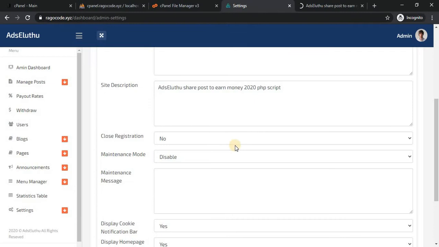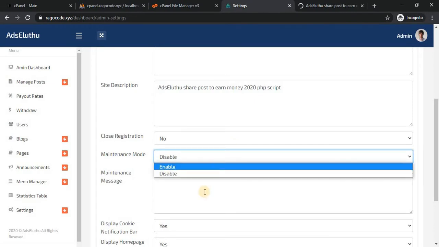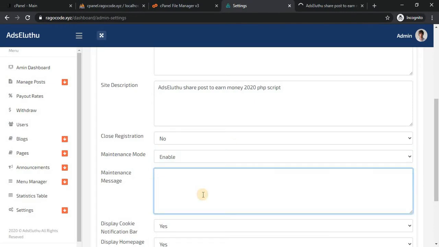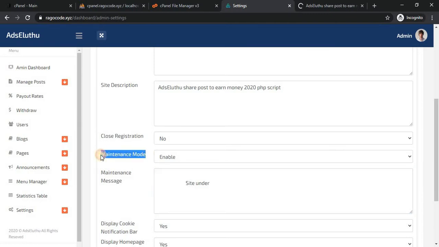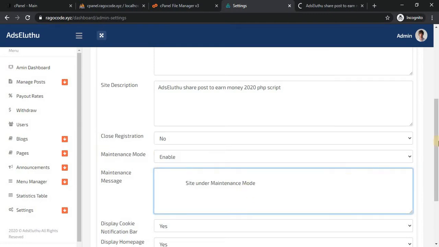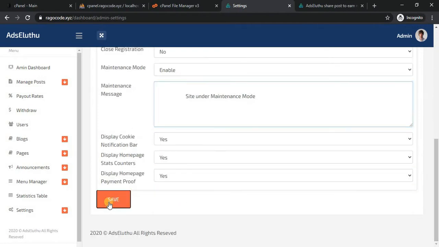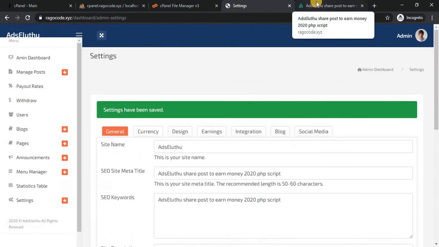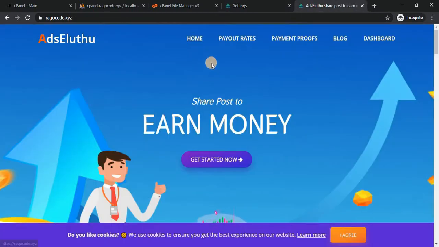Now see, I enabled it, and in this area you enter what you want to display to the user during the maintenance mode. I entered it and saved it. Now it's changed successfully.